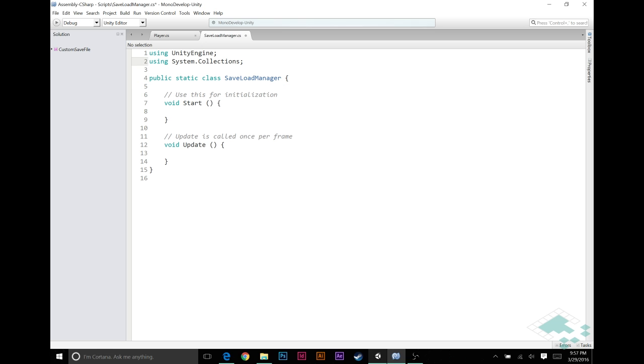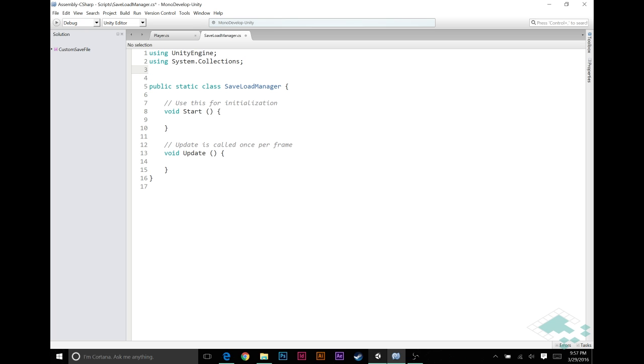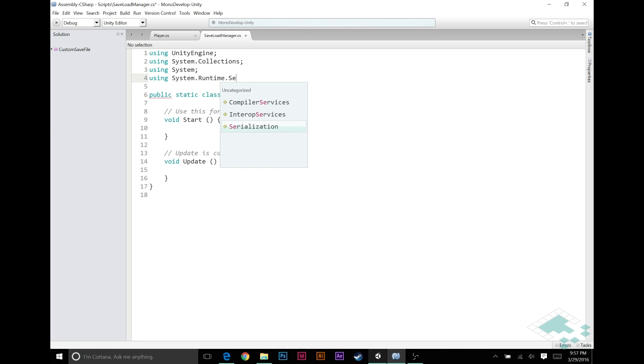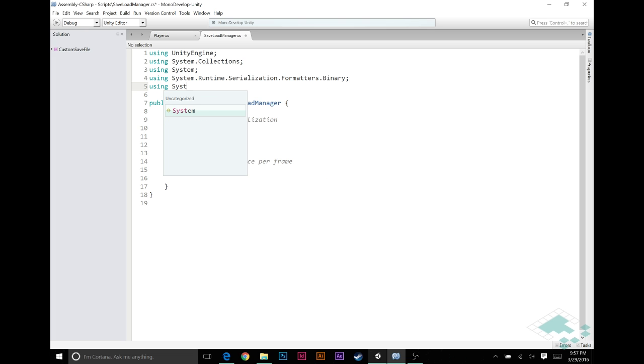Now this class is going to need a few other namespaces to function the way we want it to. So we're going to add using system, and that's because we're actually going to add a second class to this file that's going to be serializable, and the serializable attribute is inside system. We're going to be using system.runtime.serialization.formatters.binary. If you can bear with that one. And this is what gets us the binary formatter. And then lastly, we're going to be using system.io,